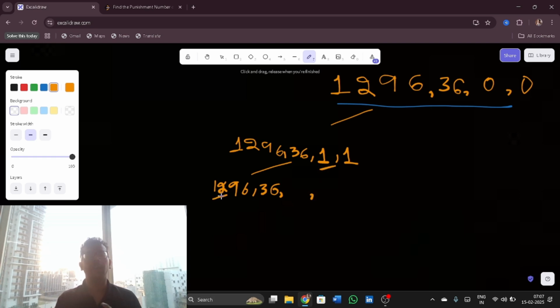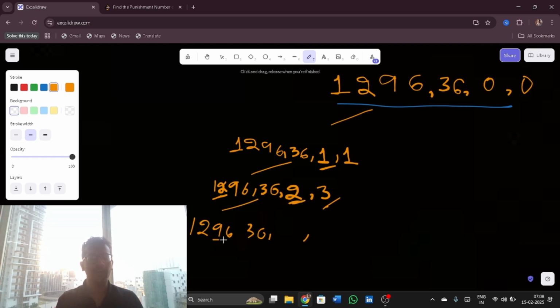So I'll take the number at that index, and I'll also call for where I take two numbers. Let me go through step by step. So when it calls this, 1 plus 2 will be 3, and after taking this 2 it will call for 2, that means the index will start from 2. So if I call that function, then it will be 1296 comma 36 comma, and the index afterward, 3 plus